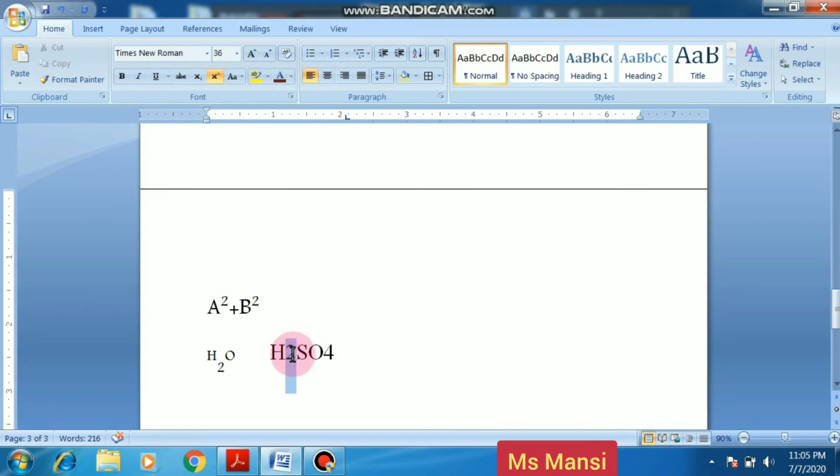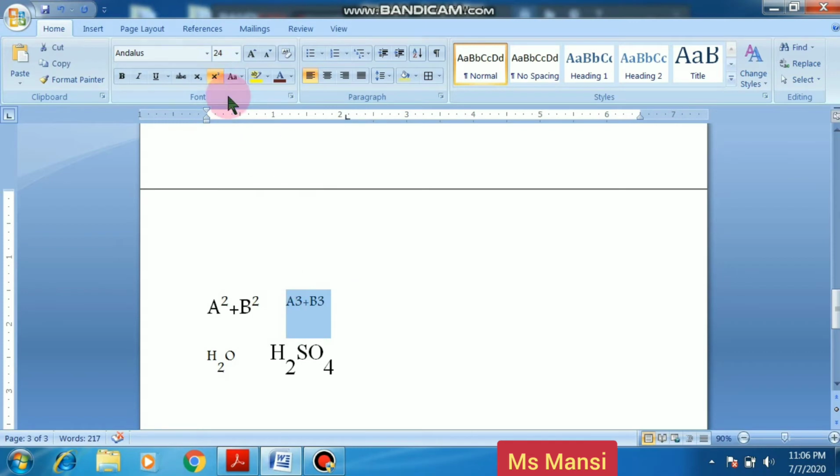If I want the 4 in subscript, then I click on subscript, below the baseline.